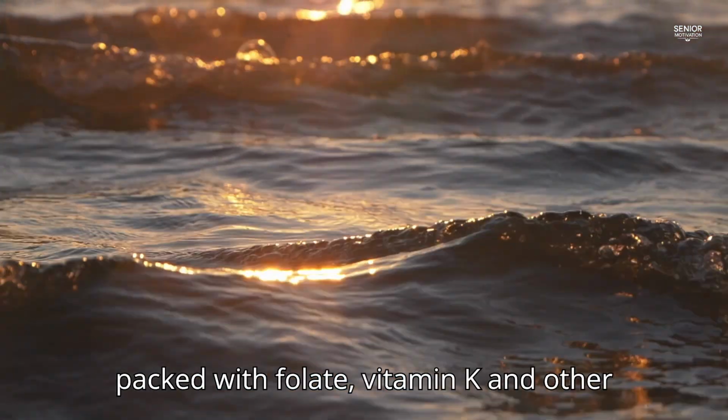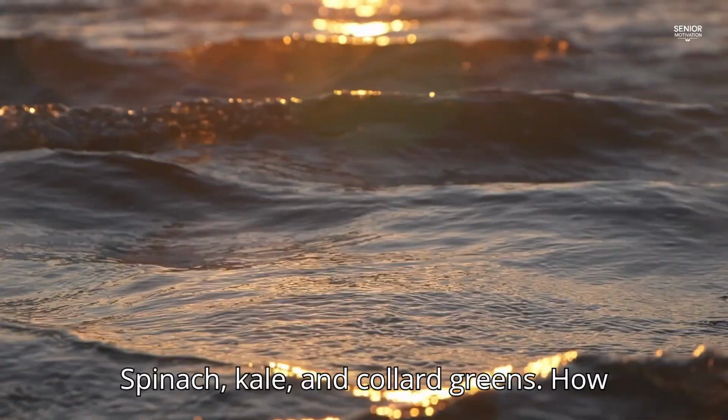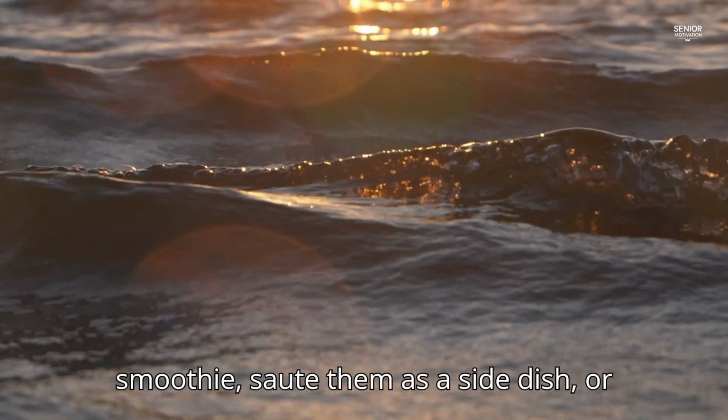Why? They are packed with folate, vitamin K, and other antioxidants. Examples: spinach, kale, and collard greens. How to eat them: add a handful to your smoothie, sauté them as a side dish, or make a big